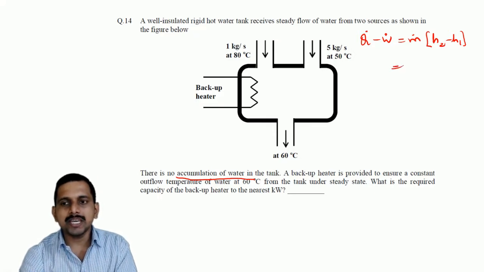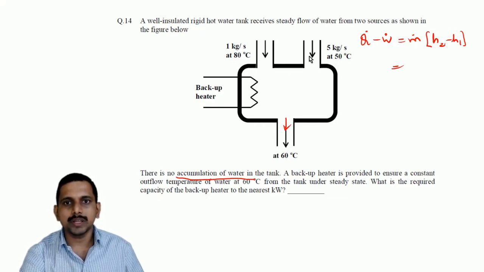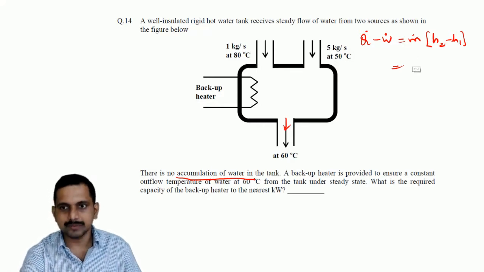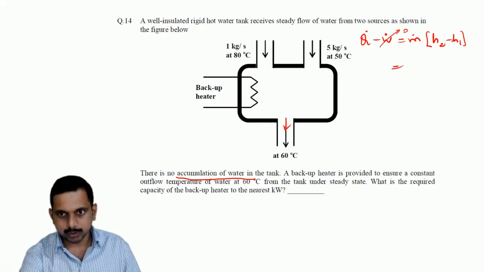Now when I say H2 and H1, here what is happening? There are two M dots coming in here and one M dot going out. So inlet is 2 and outlet is 1. So we have to accordingly change this. How do we change this? Let us see. And one more point here, W dot is 0 because there is no work which is produced. So my Q dot will be equal to,